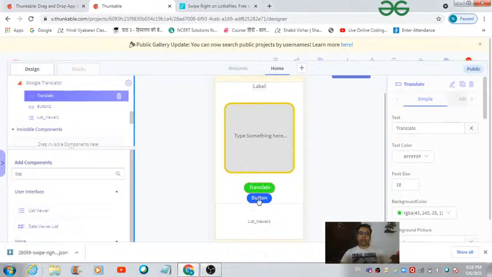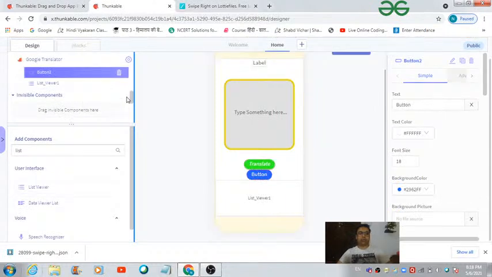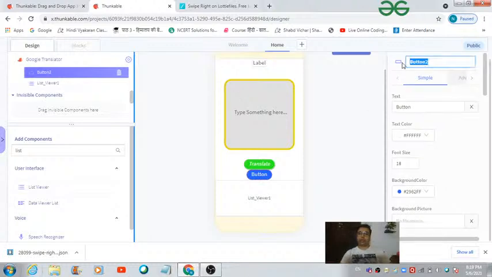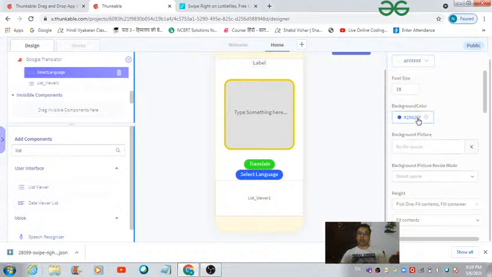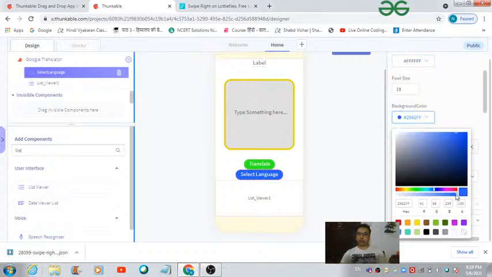Fine. Let's now customize the appearance of this button, that is button 2. Now the first thing that I want to do is change the name to select language. Okay, and I want to see the same thing getting reflected on the top of the button 2. So making it select language. Okay, and then I don't want to have any kind of background color for this one, so I am making it transparent. Now how can you make